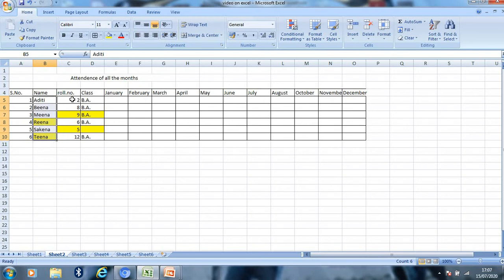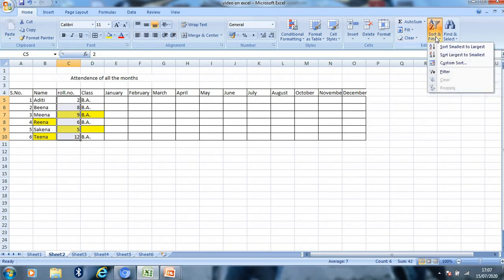If I want to sort the numbers, for example, according to the roll numbers, then how can I sort my list? Just select the cells and then click on sort and filter. You can sort from smallest to largest, or from largest to smallest.